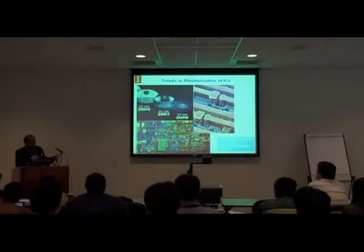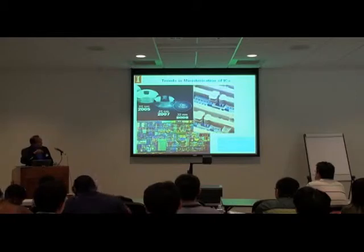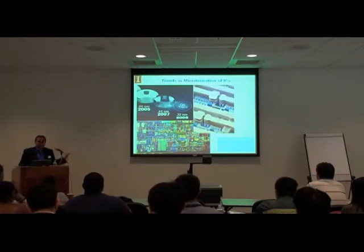And of course, this has been continuing. We'll see what happens in the future, whether this can actually continue and how far this can continue. But the chips have become denser and denser, and the actual fabrication processes and the back-end metallization is very, very complex. So this is just how things started out, and of course they're continuing on in microelectronics and